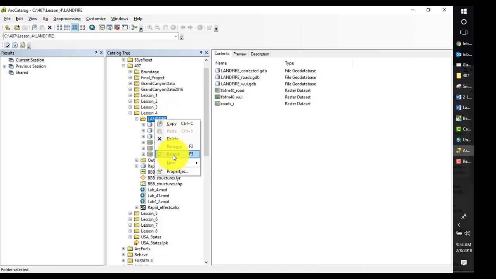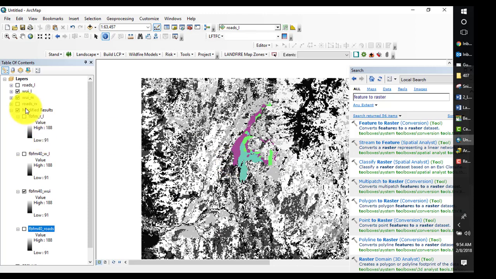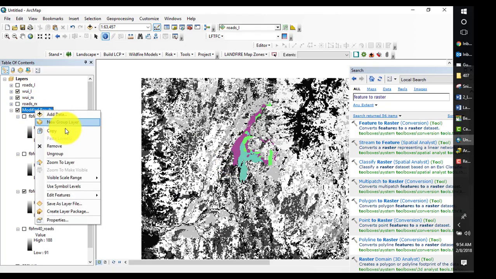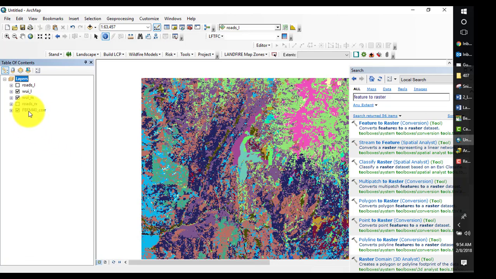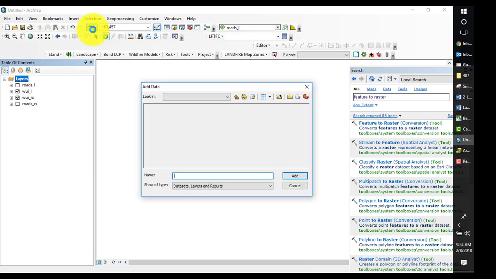You don't have to open it necessarily, but I'm just going to double check that those layers were created there. There they are. So I'm going to remove the modified results, and I'm going to remove FBFM 40, and now I'm going to add my next layer to be changed, which